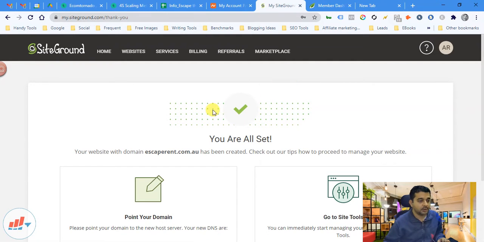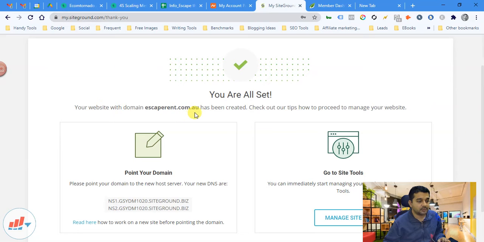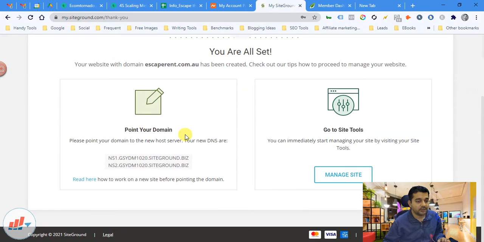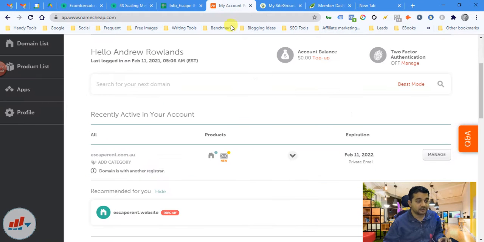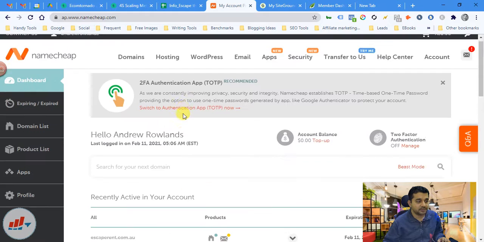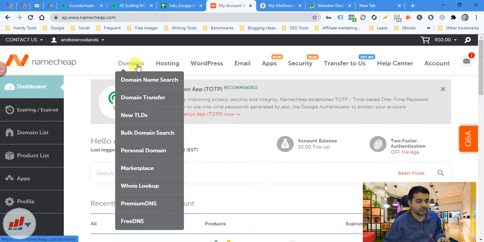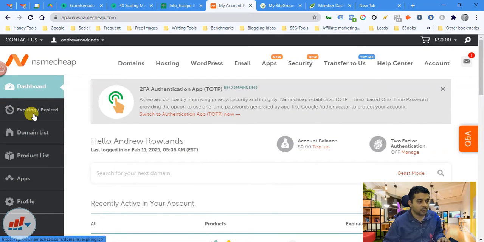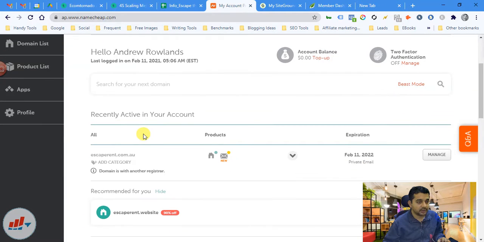Now it says that your website with this particular domain has been created, and now we need to point the domain. Please point your domains to the new host server. Our domain is currently not on SiteGround, so we need to point our domain to SiteGround from Namecheap. So we'll go to our Namecheap account, and here we'll try to change the domain